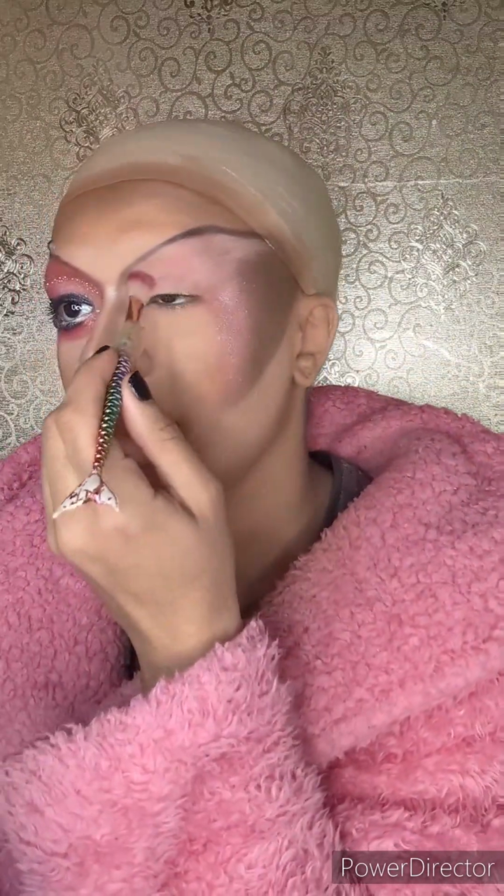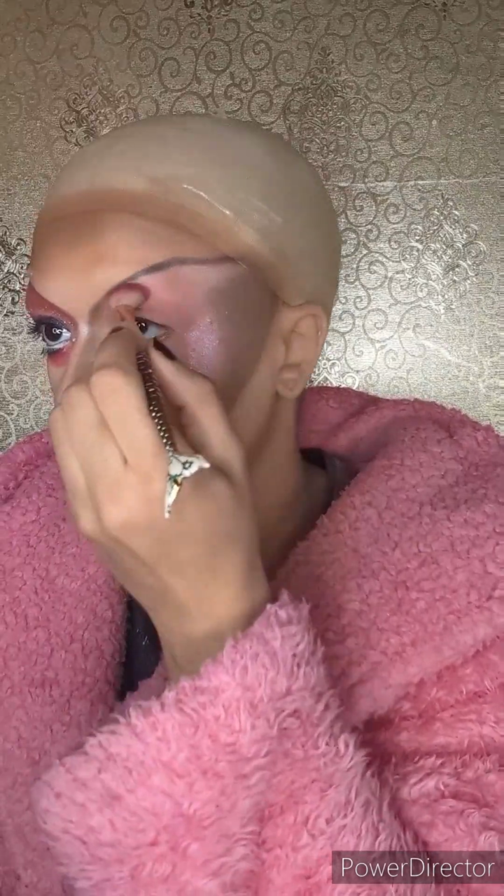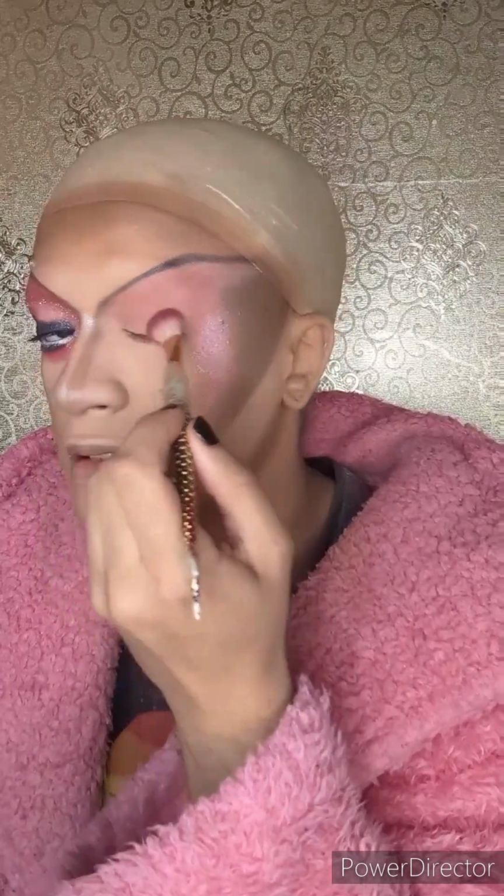Okay, so all over the base, I took this one here in the little palette, because how dare it cut me off like that. Anyway, I put this light one all over the lid because I thought it'd be the closest to the blush shade. However, I will tell you now, because the eyeshadows are so pigmented, the blush has most definitely lost its pow. It doesn't feel like I've got enough blush on now. But, oh well. I picked this one because, as I said, I want to try and put the blush into my eye look, and while I thought this was quite a good match, to be honest with you,